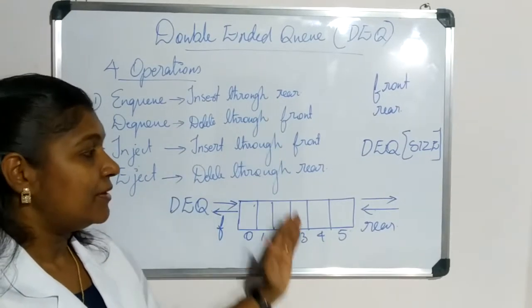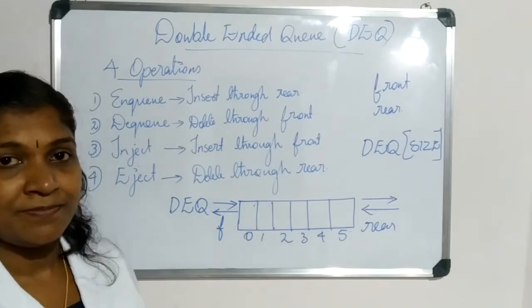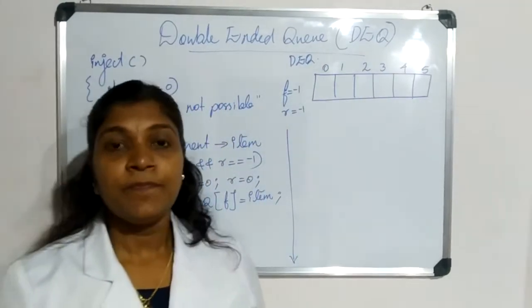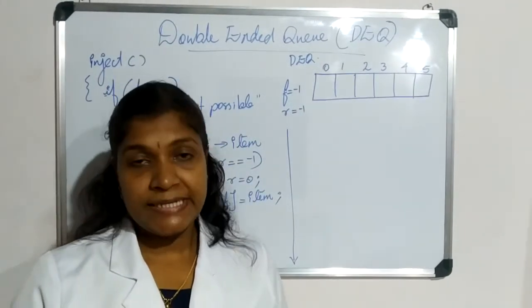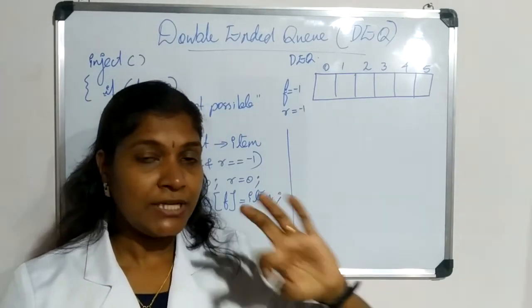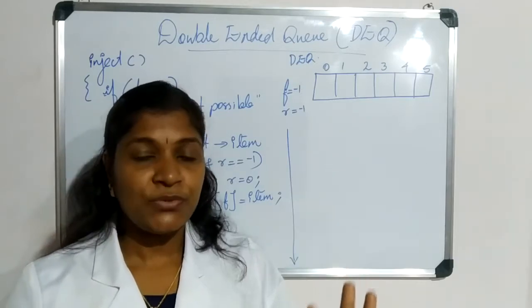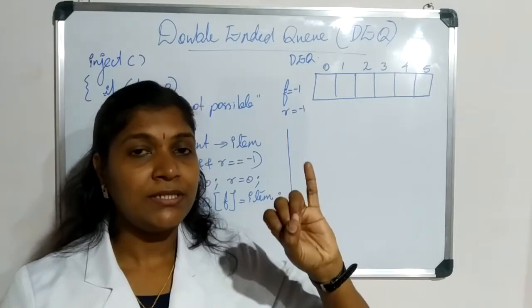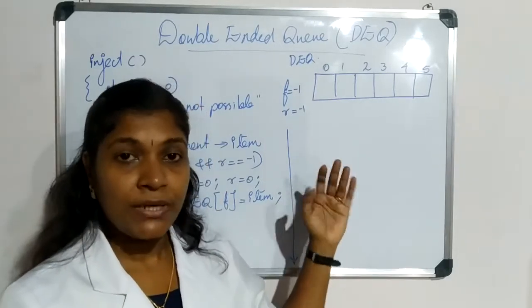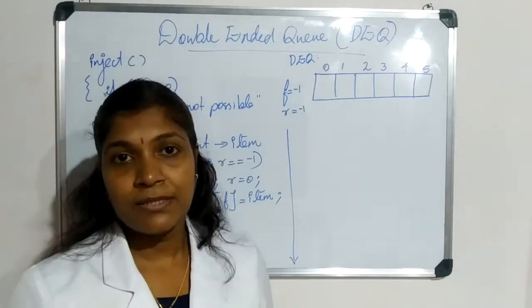Okay. So right now you consider the 4 operations in a double-ended queue. So let's consider the operations in a double-ended queue in detail. I already mentioned we have 4 operations. Which are the operations? NQ, DQ, inject and eject. We already know the 2 operations NQ and DQ. So right now we are about to consider the code for inject: which conditions we are going to check and how we are performing this operation.